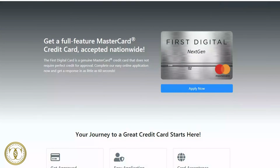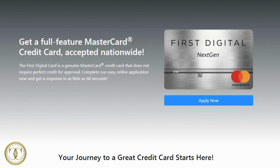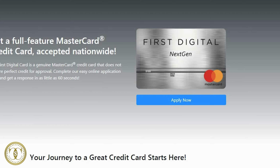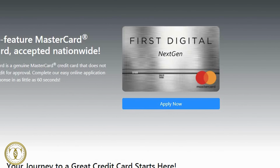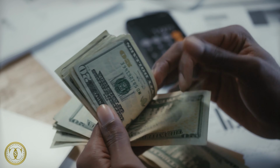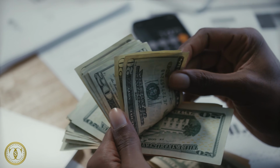Number 4 is a First Digital Next Gen MasterCard. And with this card, you're gonna have a 35.9% APR, a $75 annual fee the first year, and $48 every year after that. There's no one-time fees, no monthly fees the first year, and a $6.25 monthly fee every year after that. Your initial credit limit will be $300, but you have to remember, as with all these other cards,